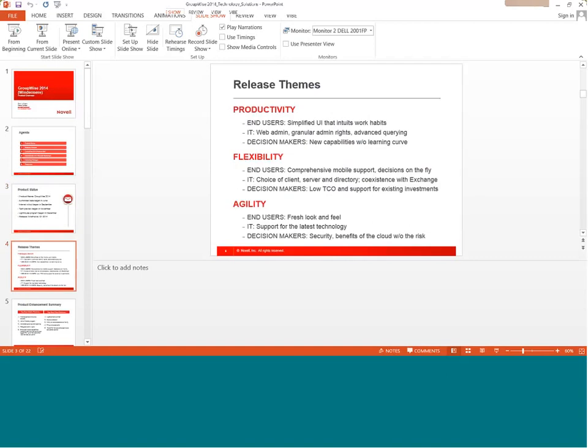How are we talking about this product to our customers and partners? How are we getting our salespeople to discuss this particular release and its qualities, features, and enhancements is kind of built into this slide here. Obviously, some of these terms are very simple. They're things that we rely on, much like email. Productivity, flexibility, and agility. And what we're trying to do with each of those themes is really talk to 3